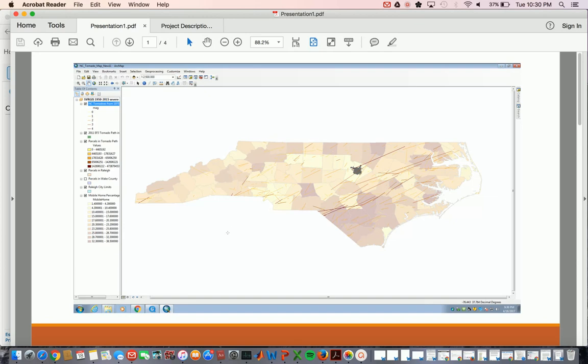The problem that I want to introduce and solve pertains to tornadoes in North Carolina. We all know that tornadoes can have significant impacts to both life and property. Analyzing historical tornado events is a necessary step in preparing for future events. Since NC State is in North Carolina, and more specifically Raleigh, this will be the general focus area for the